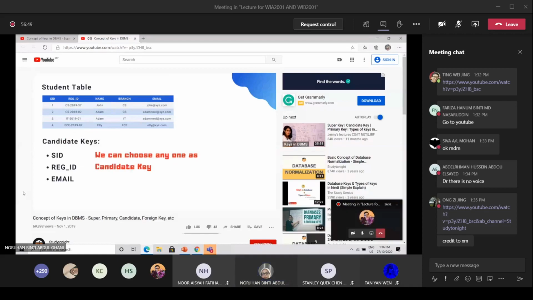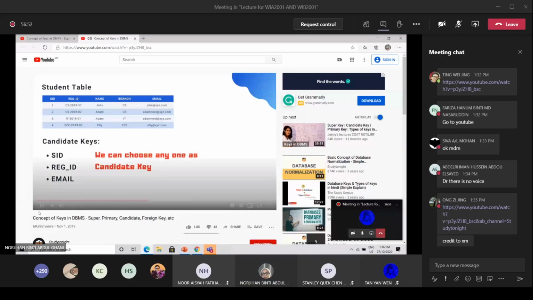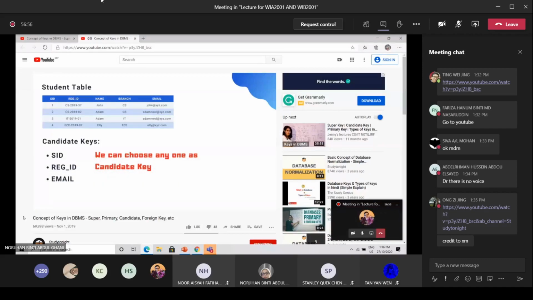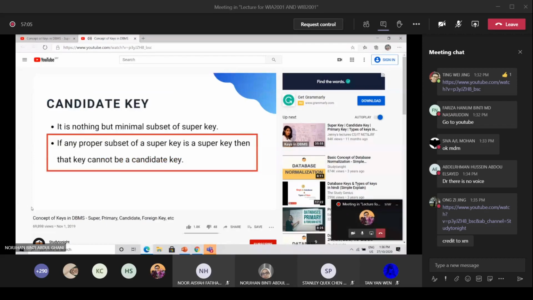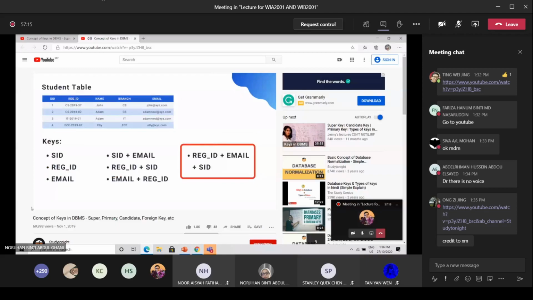No, because there are two students with the name Adam. Or if I ask you to tell me the name of the student who is in the CS branch, again there will be many students in that branch. But if you look closely, the SID column has a unique value for all the rows of data, and the SEmail column also has unique email addresses. Hence, these two columns can be used to identify records in the above table. So we can say that SID and SEmail are keys for this relation.